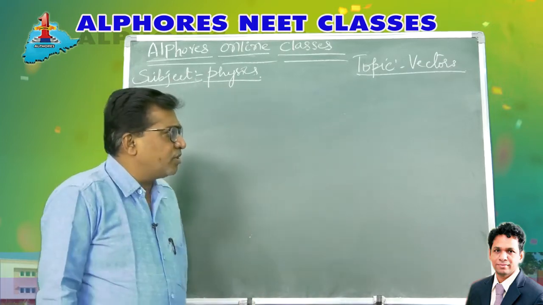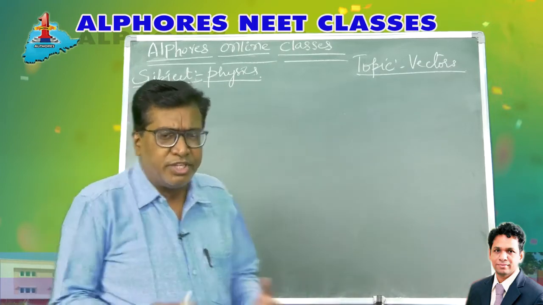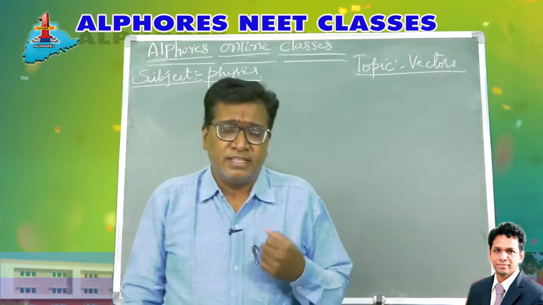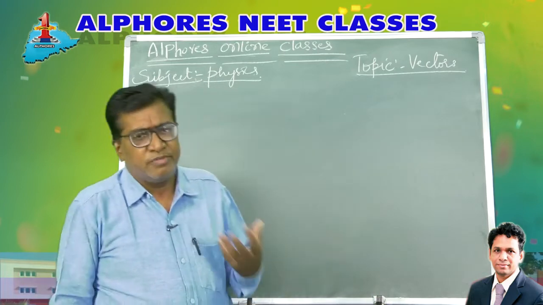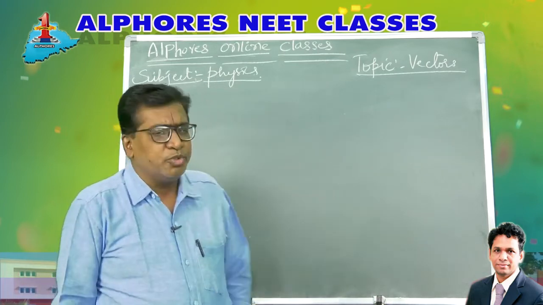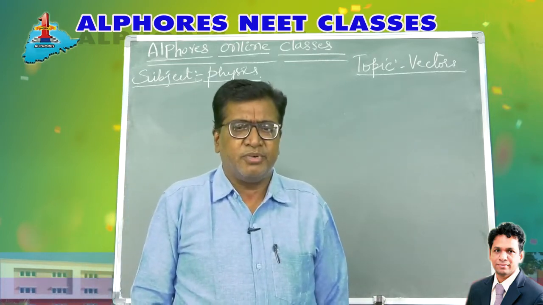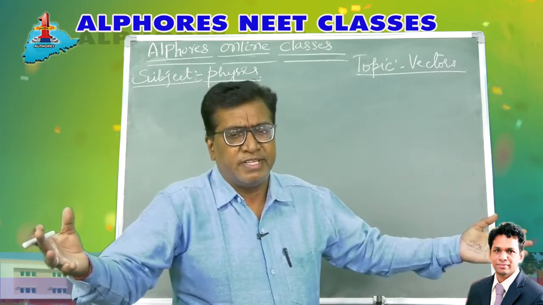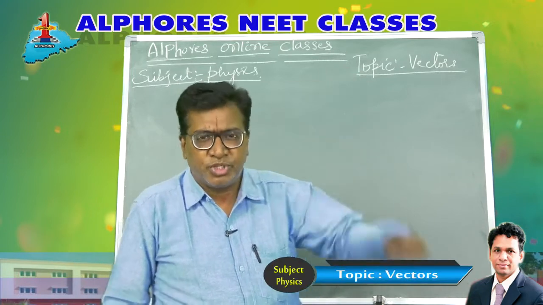And later we talked about the different types of vectors. I was telling you parallel vectors, like vectors, equal vectors, null vector, unit vector. Later we came to the position vector. So I was telling you how Cartesian imagined a frame of reference, and from that how you can locate the position of a point.